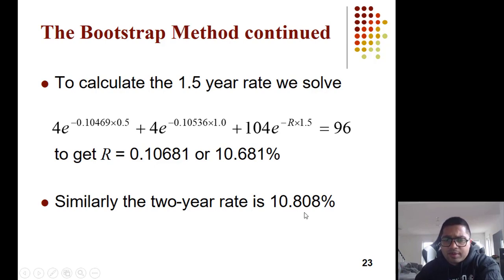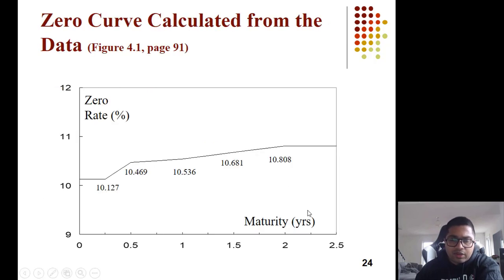We will solve some problems in the classroom, so you will be able to understand it better there. If you draw a line, you can see that the interest rates are increasing. As the maturity increases, the zero rates are increasing. Generally, if you do not have data, you just assume it is a horizontal line. So it is a horizontal line from 0 to 0.5, and a horizontal line after 2 years because you do not have data, and the rest you can plot. The important part is that interest rates are increasing as the time period increases.